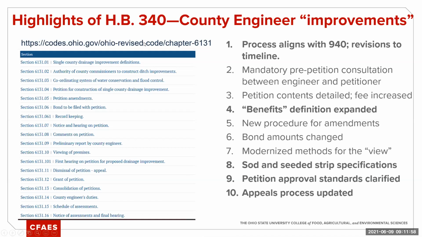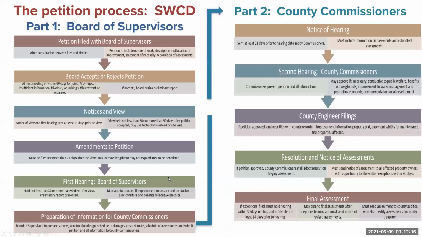Also note that I've given you here the link to the Ohio Revised Code up here at the top so that you can go directly to it. We have a new and improved online version of the Ohio Revised Code, and very easy to find and read through all of these provisions that I'm going to tell you about here. So as we look at the process, I know this might look a little bit overwhelming. I apologize for that, but this summarizes a 940 petition, the Soil and Water Conservation District petition. I don't have a similar slide for the county, but as you know, there are some slight differences just because of the way that it works through the different levels of government.